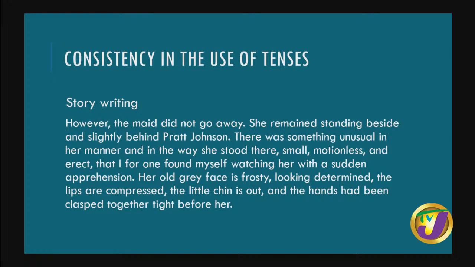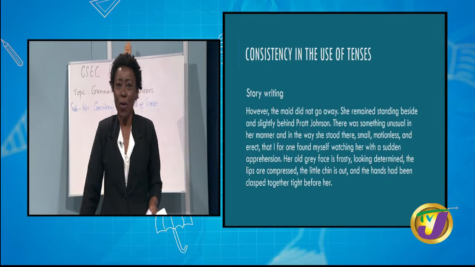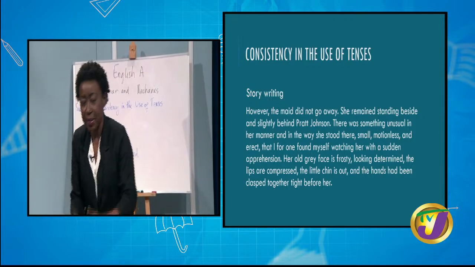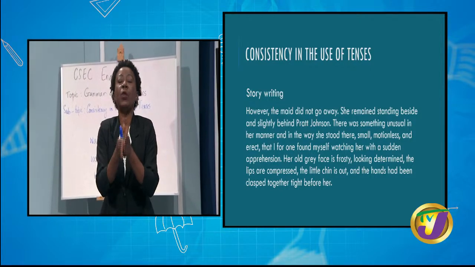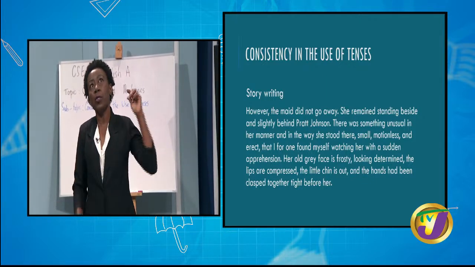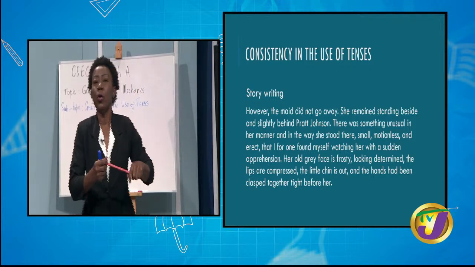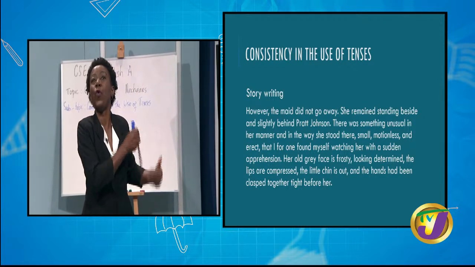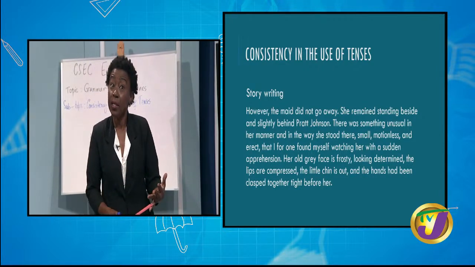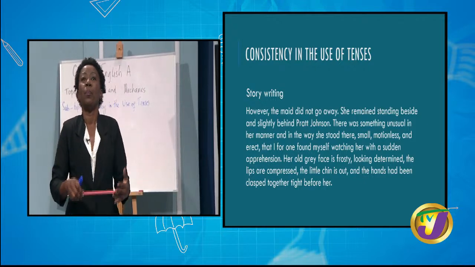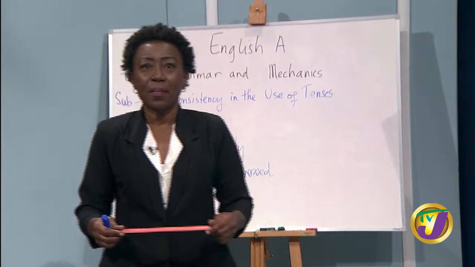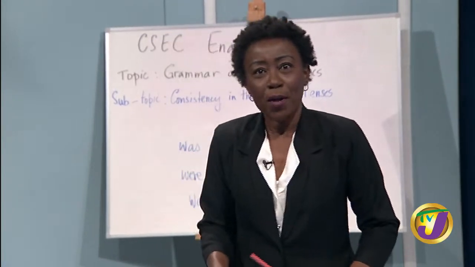Okay. So that one was a little bit more challenging. All right then. But you see what I'm doing. When you are writing, you should first establish the context in which you are writing. So if I am writing something that I wanted to reflect on, or to tell you that it happened before now, I should maintain that past tense. Okay? You could have past perfect, and you could have just the past tense, depending on how you are writing. Okay. One more? Let us look at one more.